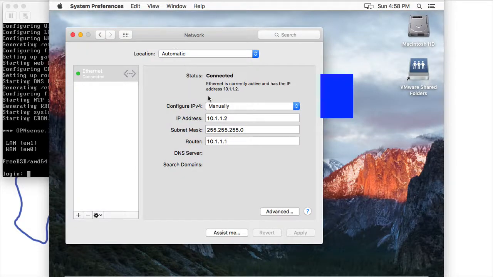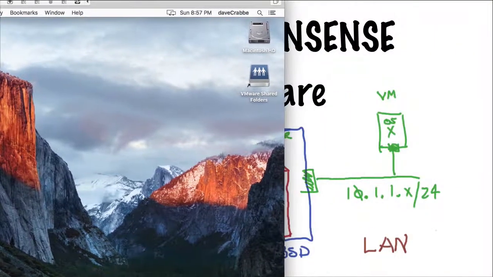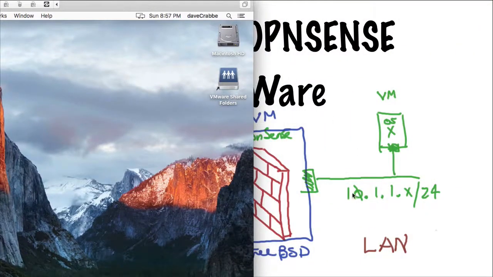This has booted up, and I've configured this manually, for the only network card, the only Ethernet card in the virtual machine, to statically have 1.2 as the IP address, the subnet mask, and the routers here. Now the OS X virtual machine we've just installed is inside this 10.1 network. It's right here. We'll find that by default you can manage OpenSense from a LAN side, and we'll prove that